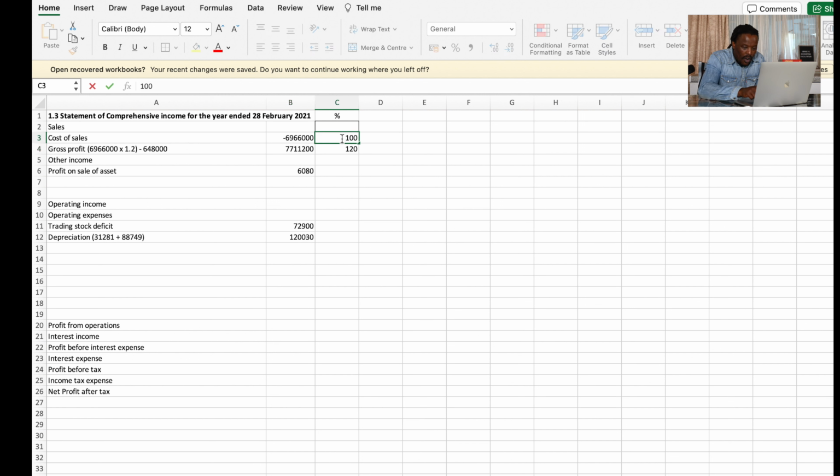I know that are always a minus. So for me to get this percentage now, sales less cost of sales is equal to gross profit. So we must agree that 220 minus 100 is equal to 120. Therefore, if that is the case, it says to us